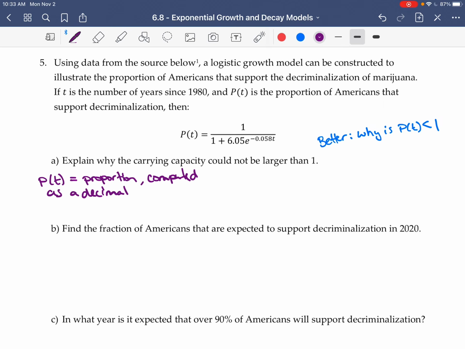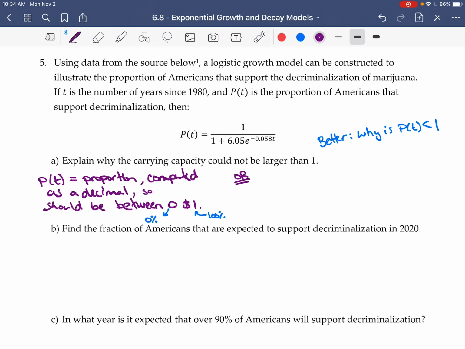Okay, so that means because it's a proportion, it's computed as a decimal, it should be between 0 and 1. Okay, so that is one thing, because 0 is like 0% and 1 is like 100%. Okay, now another way to see this we can think about the parts, so not in the context,